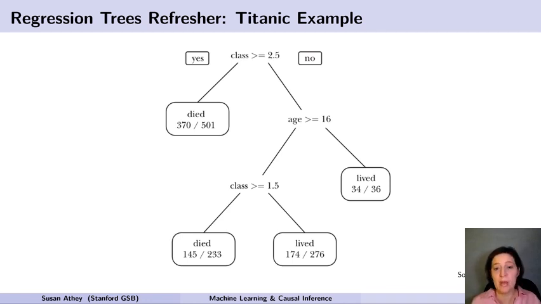Now, there's a couple of different measures of what it means for the groups to be homogeneous. I won't go into that now, but you're essentially trying to find the way to split that maximizes the discriminatory power of the split. If this was a regression problem where we were just trying to predict the value of something, we would basically try to maximize the difference between the two in terms of sum of squares.